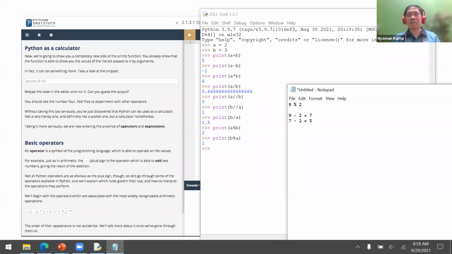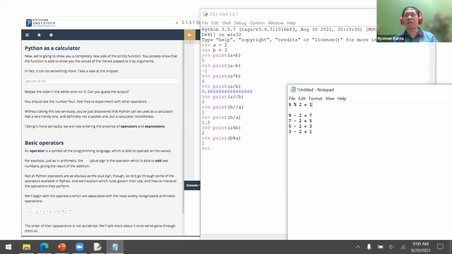Can we still subtract 2 from 5? Yes. 5 minus 2 is 3. Can we still subtract 3 with 2? Yes. 3 minus 2 is 1. Can we still subtract 1 with 2? No, because 1 is less than 2. So 9 modulo 2 is 1.